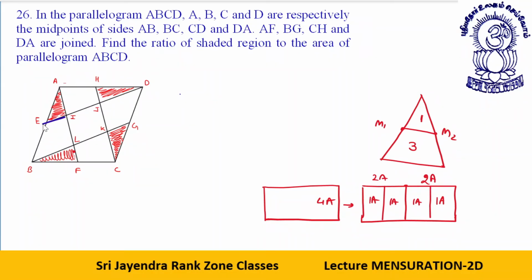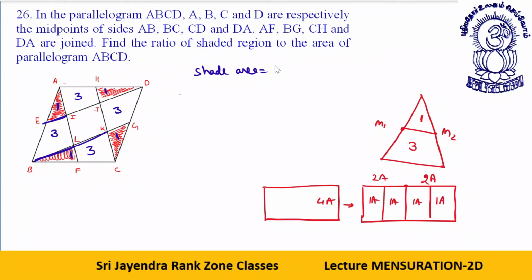Similarly, dear students, what will happen if I talk about this? The area of this will be 1, the area of this will be 3. The same holds for the other sides. So far clear to everyone? So what has been the shaded area so far? The shaded area so far has been 1 plus 1 plus 1 plus 1, that is 4.